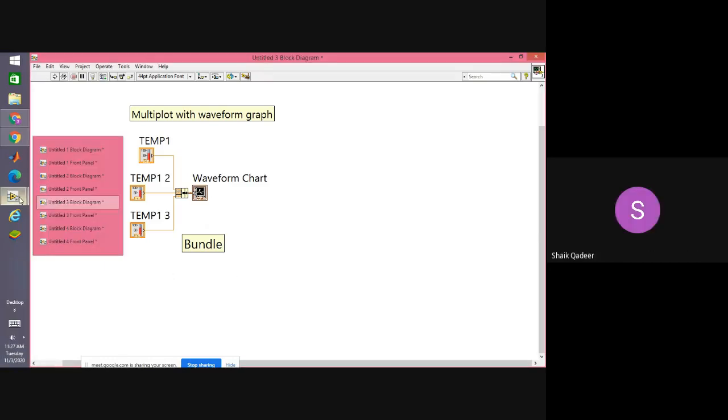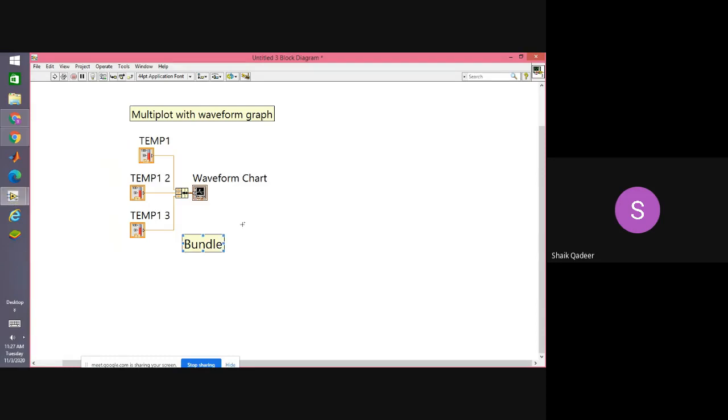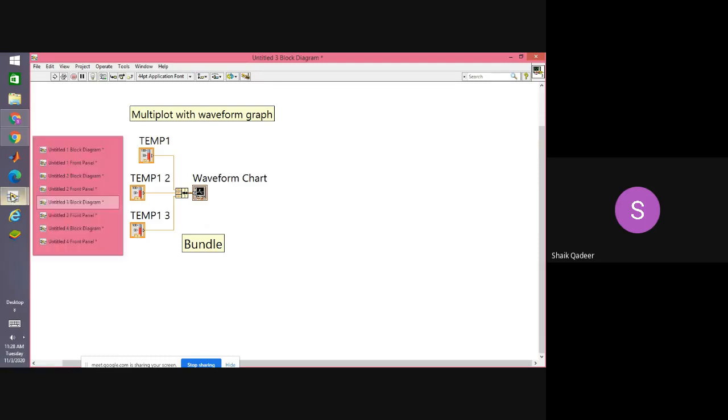Now next, I am going to waveform graph. I told you waveform graph is actually coming in two variants. One is normal, same as that of waveform chart. The other one is XY graph. In an XY graph we can give two axis information. So let us quickly go to XY graph.